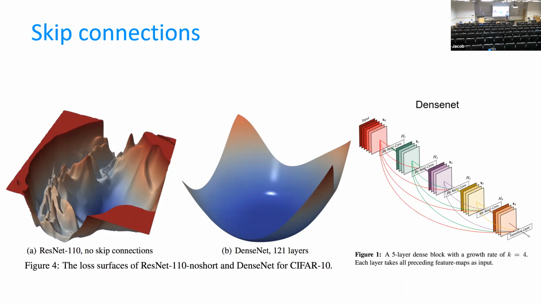And you can see, can you imagine a better loss landscape to optimize? That's pretty much as convex as you get. So that's pretty good. And I'm pretty sure with that DenseNet, they've trained networks up to 1,000 layers. So